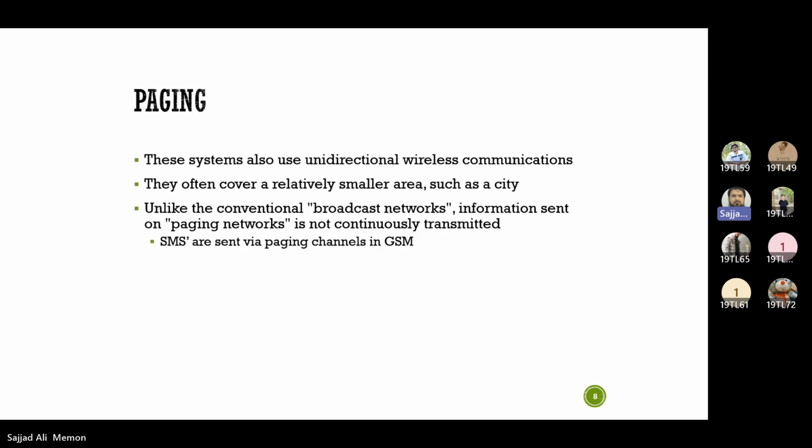Then we have paging. These systems also use unidirectional wireless communications. They often cover a relatively small area such as a city. Unlike the conventional broadcast networks, information sent on paging networks is not continuously transmitted. SMS are sent via paging channels in GSM. So paging is kind of like